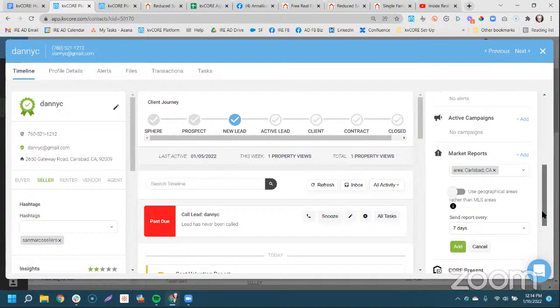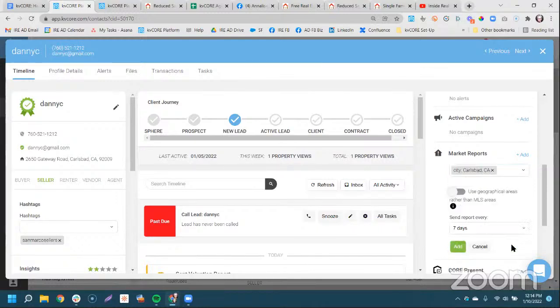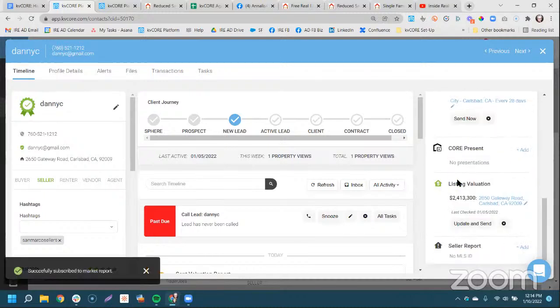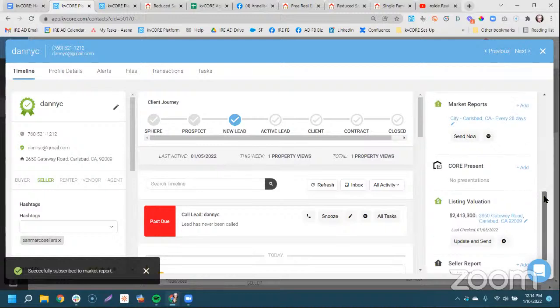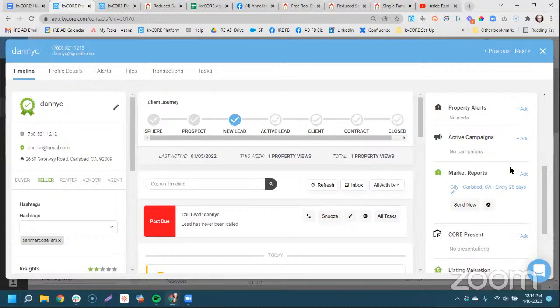You can choose the area, the city, whatever it is, right? And then you can say, I want this to go every X days, add. And then the system will automatically start sending that on that basis that you created here. When they opt in for their own, you're also going to see it over here as an option.